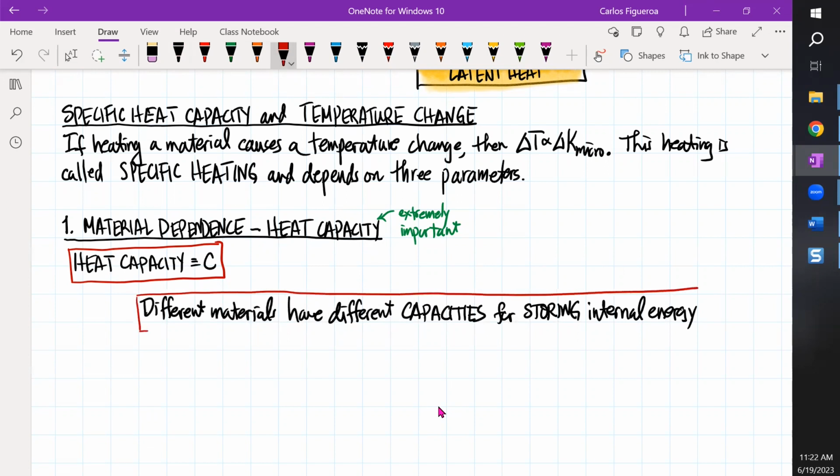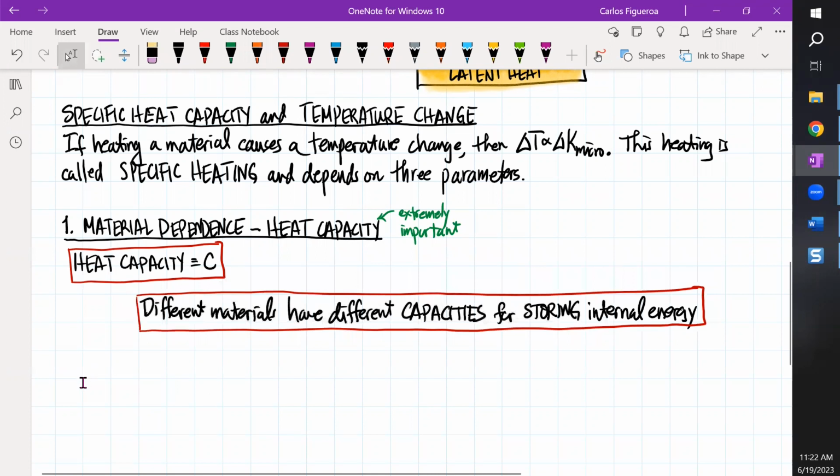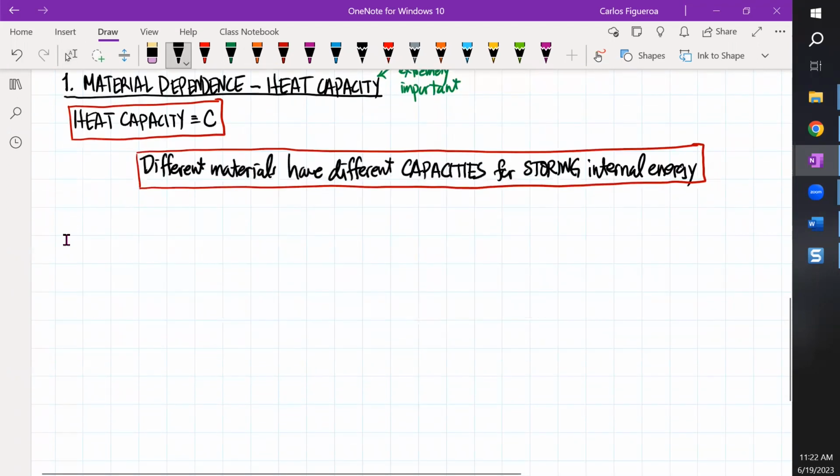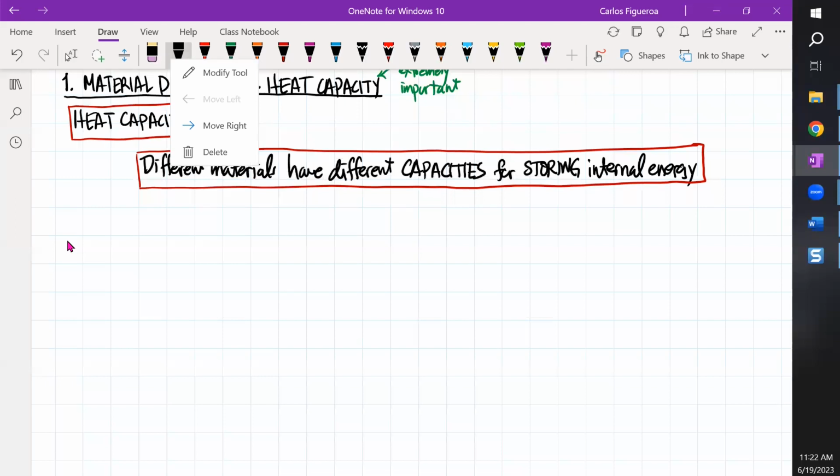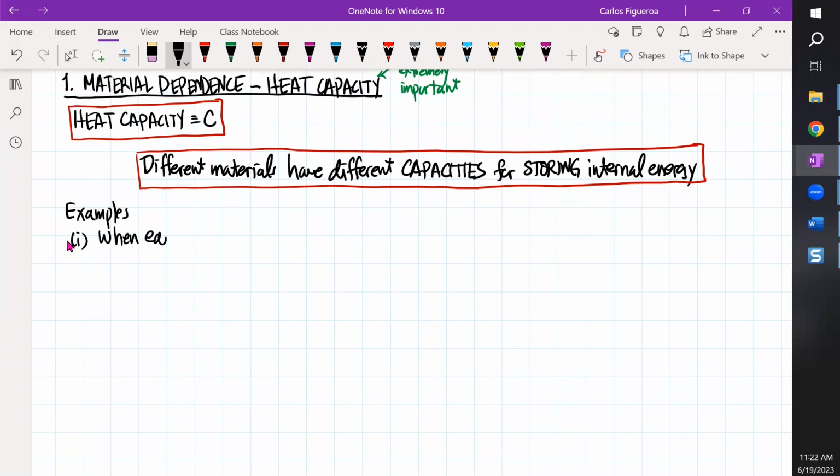And I'm going to say that you have a lot of intuition on heat capacity. So if we think about everyday examples, there's a lot of them. But I could think of a couple of examples. The first one is that, when eating a piece of some type of fruit pie, let's say apple pie, that's straight out of the oven,